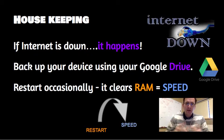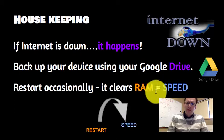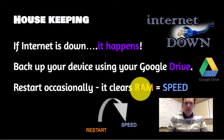and we just be patient. We have some really outstanding tech staff that help to keep that up, and so just be patient. Everyone's dealing with it, and we're trying to get it up and going as fast as possible. Back up your devices. Use Google Drive, and to get more speed, you want to make sure you restart occasionally